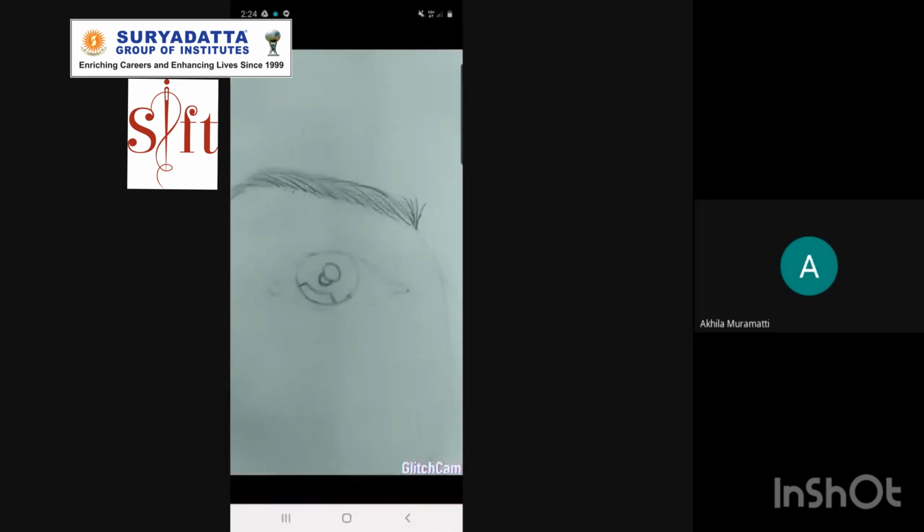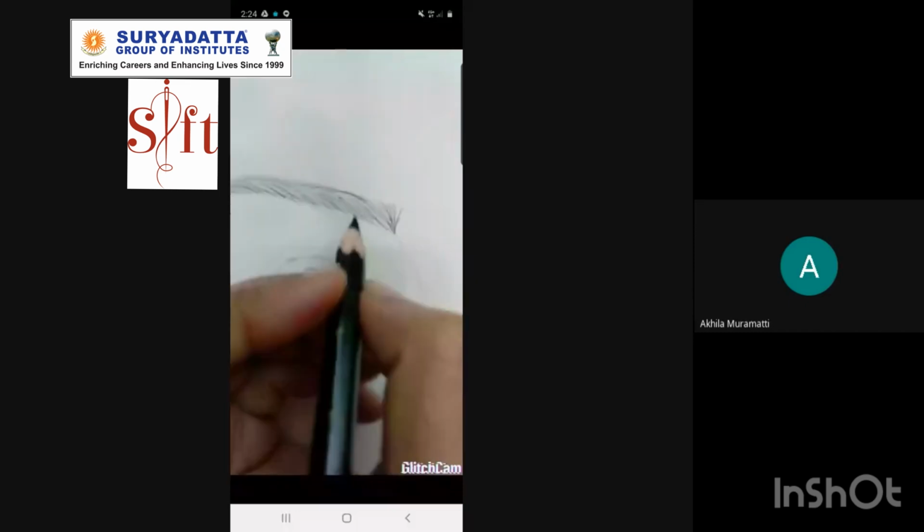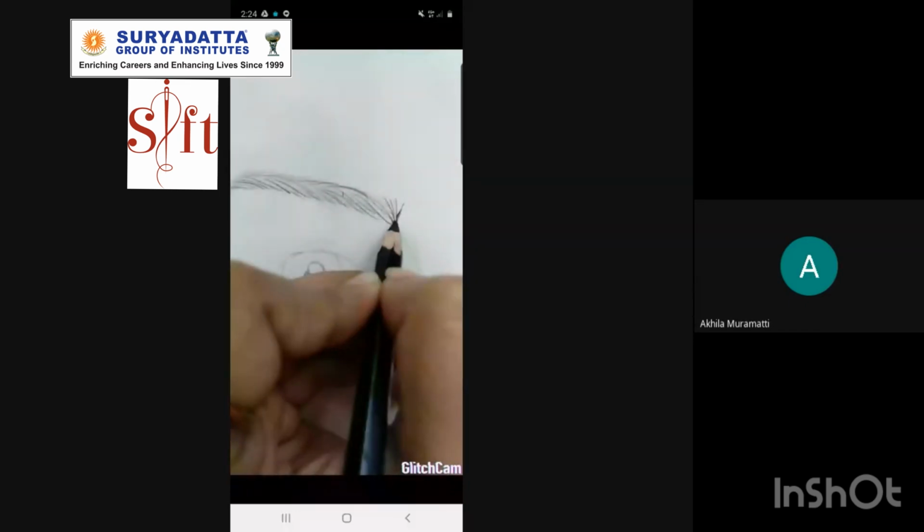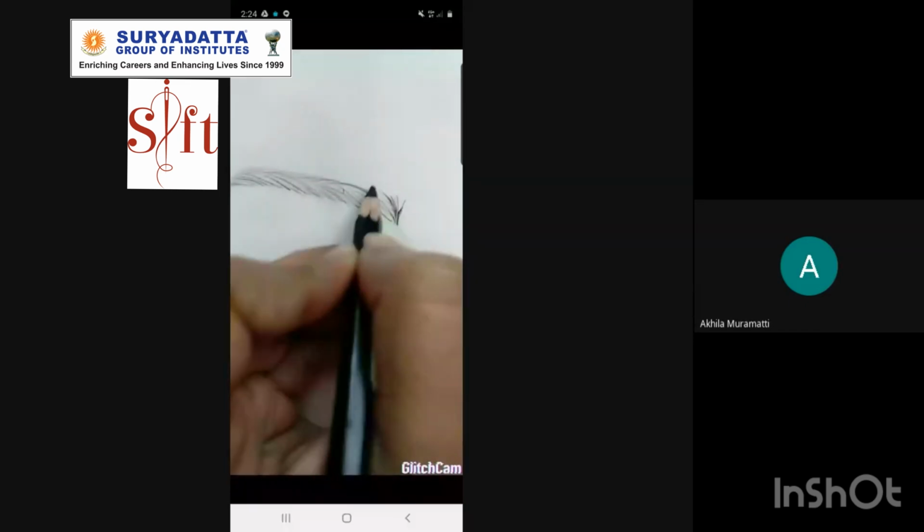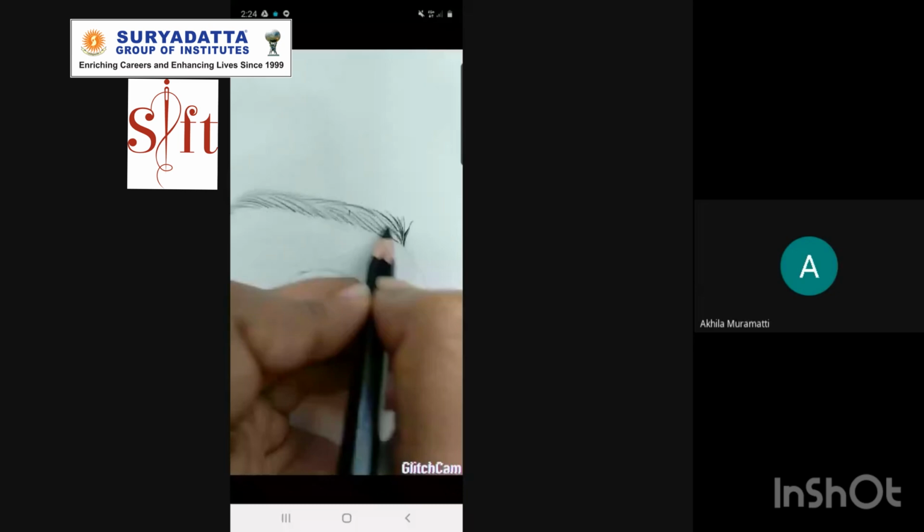From the beginning, you saw I drew a basic box or column for identification, so that we can easily give the stroke for those hairs.